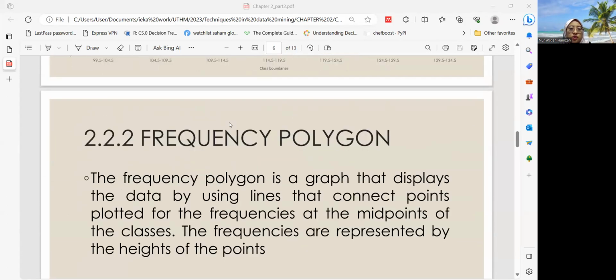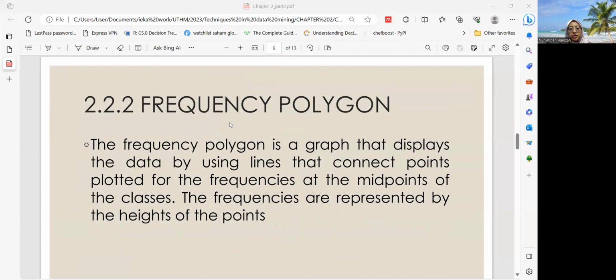Okay, so next one, tadi histogram. Next is frequency polygon. So the frequency polygon is a graph that displays the data by using lines connecting points plotted for the frequencies at the midpoints of the classes. So the frequencies are represented by the height of the points. Persamaan histogram and the frequency polygon is both graphs show the frequency. But then the frequency polygon use